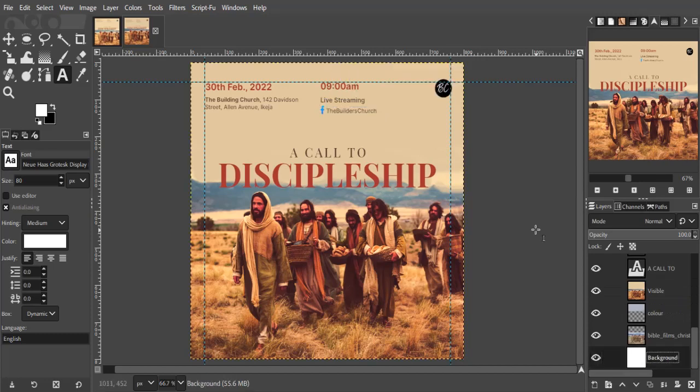Alright, so we have our beautiful design now. You can export these and you can see it looks so beautiful, and I hope you were able to gain anything from this tutorial, and I hope you will be able to make beautiful designs like this either for your church